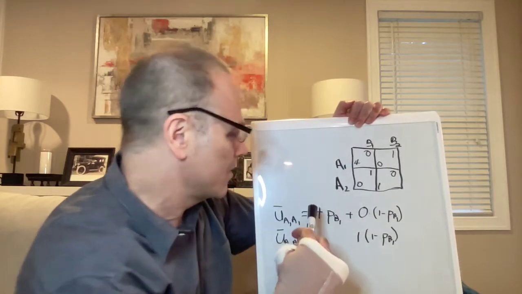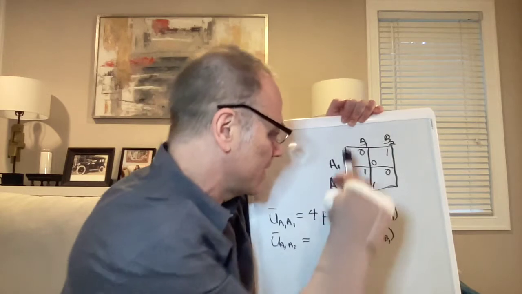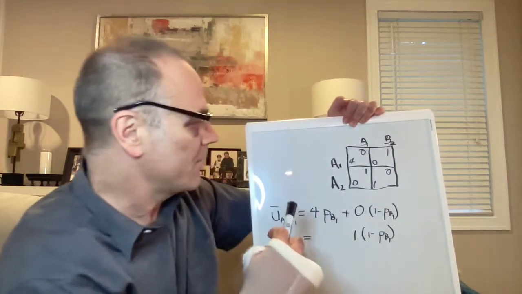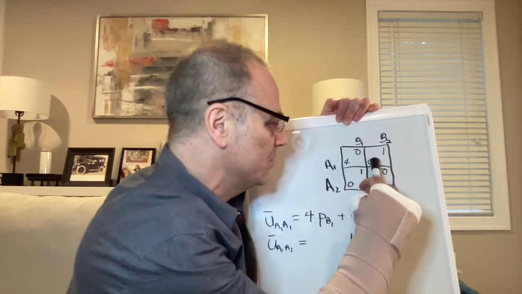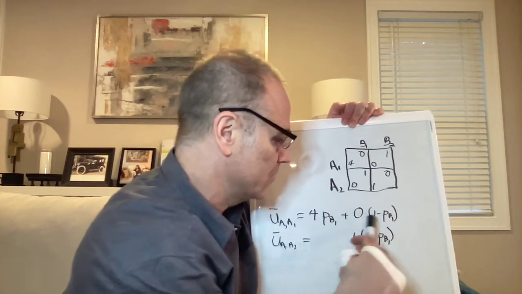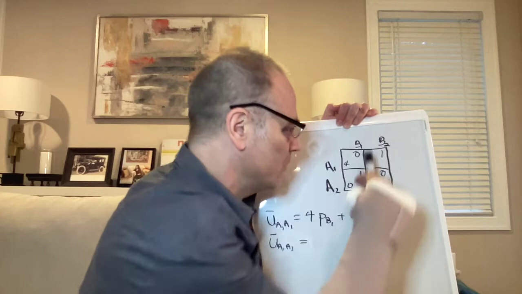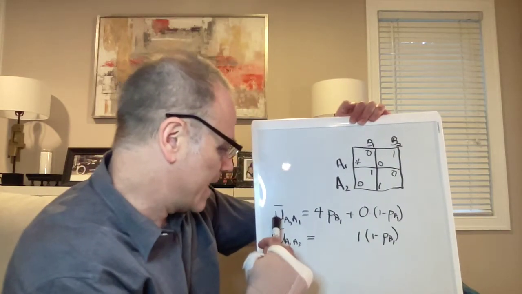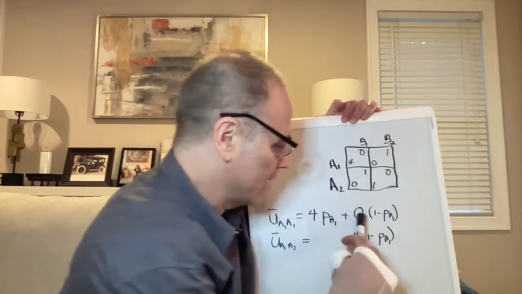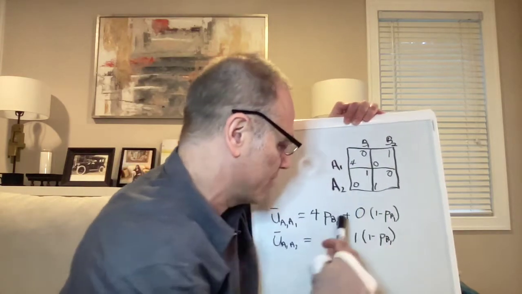So my expected payoff is 4 times PB1. On the other hand, if B plays B2, I get 0, so 0 times 1 minus PB1, which is the probability he plays B2. So U bar A1, if we delete that term, is just